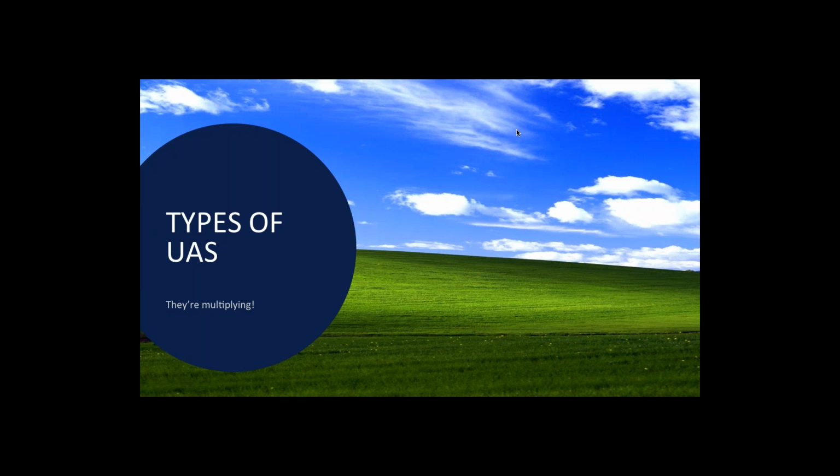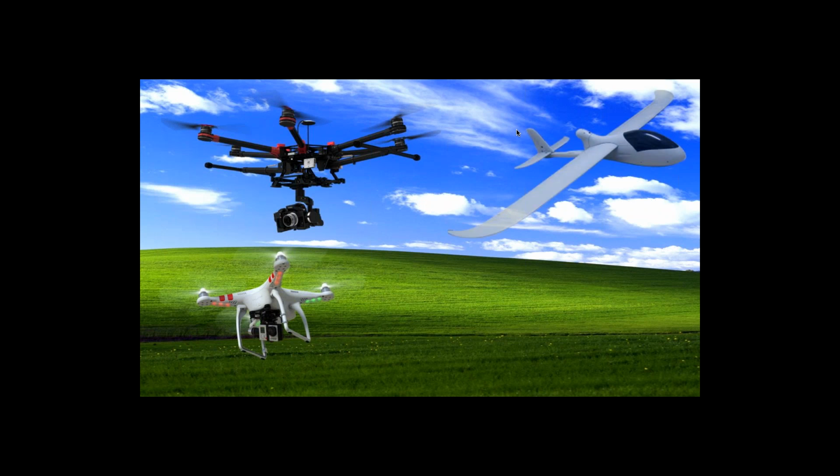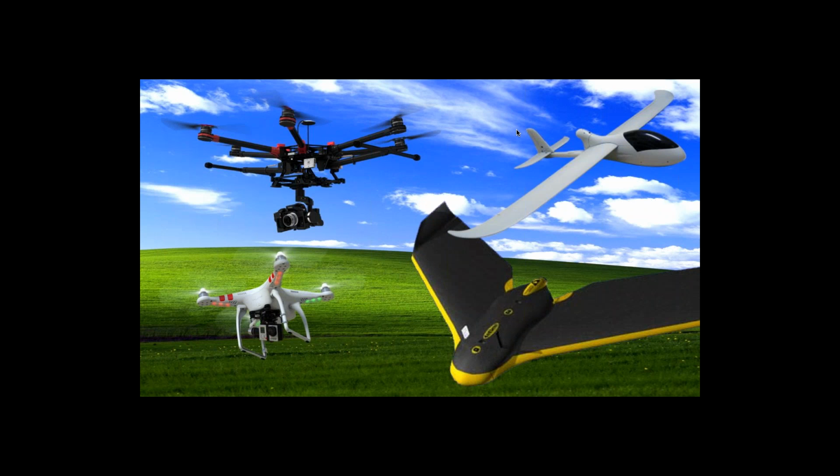So before we get too far into the details of the regulatory environment, a few slides on types of unmanned aerial systems today. And some of us have seen the white Phantoms in the lower left. We've got multi-rotors, multi-copters that can carry sometimes larger sensors and cameras and have advantages for taking off vertically in more dense areas where there's constrained vegetation or trees around. And then we're seeing more lightweight foam-based wings that basically have a pusher prop to the rear of the aircraft,